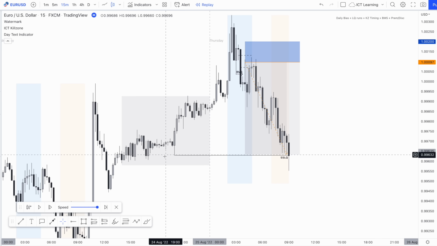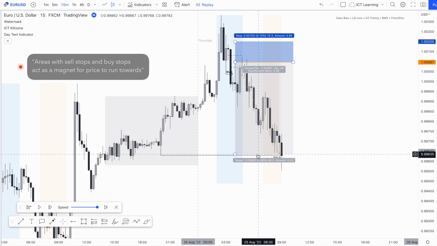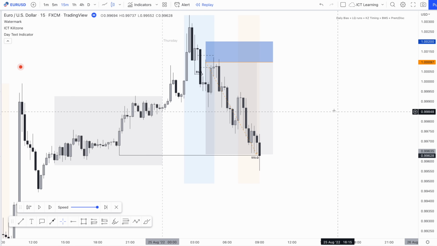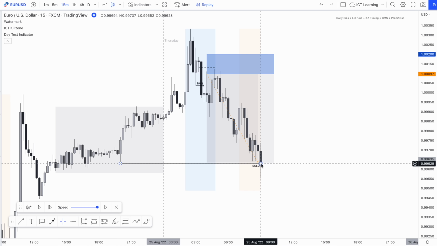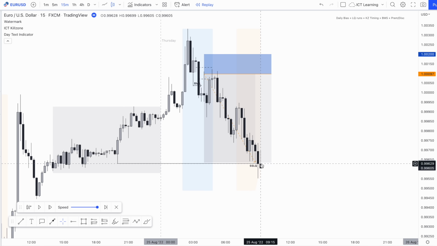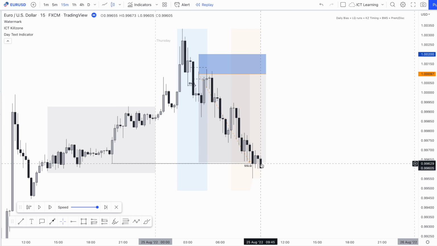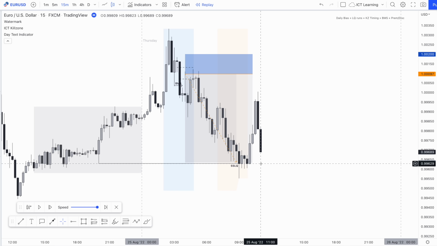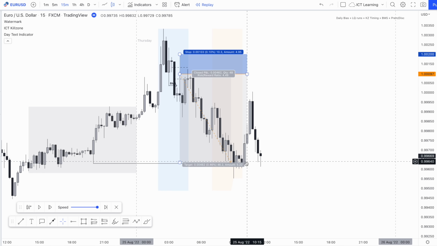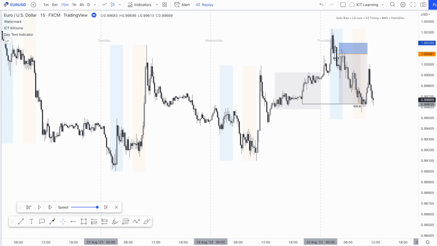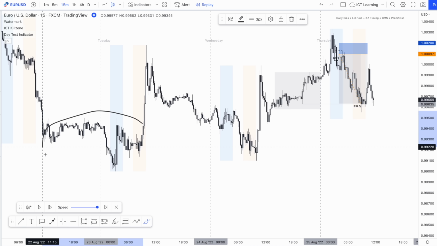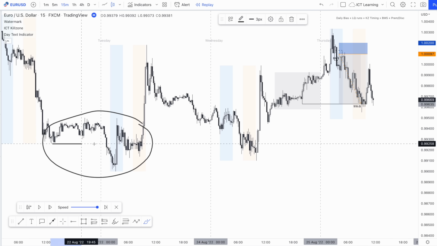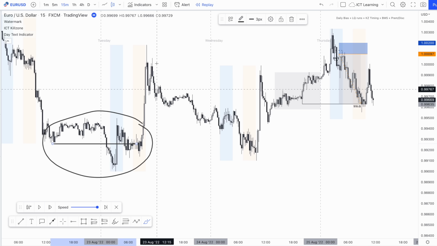You can see that there'll be a lot of sell stops resting below this low here. Technically, that acts as a magnet for price to run towards. If you guys have seen the core content, Michael explains that around 10 to 11, that's profit taking time, and price just retraces and reverses backwards. So it's cool to see this setup play out, grabbing sell side liquidity for the move to the upside.